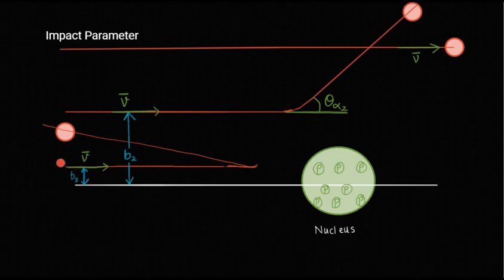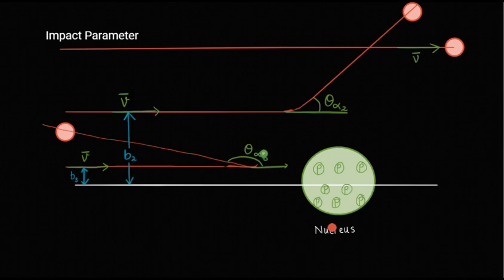If there is a smallest impact parameter, it means the alpha particle will have more impact on it. Why? Because it is very close to the nucleus. If it is moving very close to the nucleus, it will be scattered at a larger angle. If this green arrow represents the direction in which the alpha particle should have moved, but this red arrow shows the direction in which it has moved, then there is an angle coming into the picture. This angle is known as the angle of scattering for the third alpha particle.